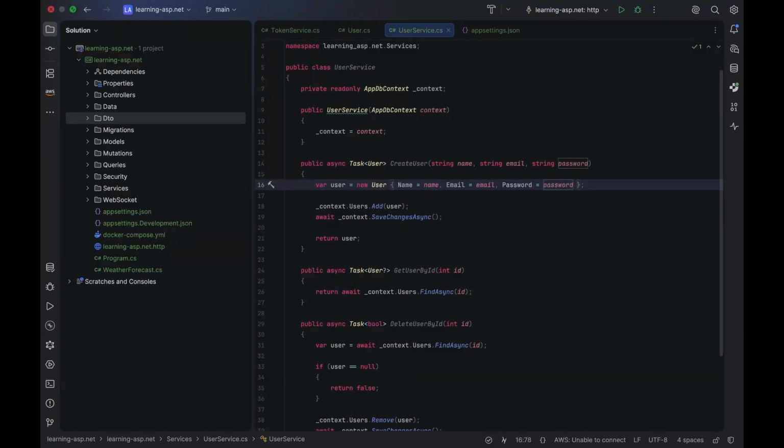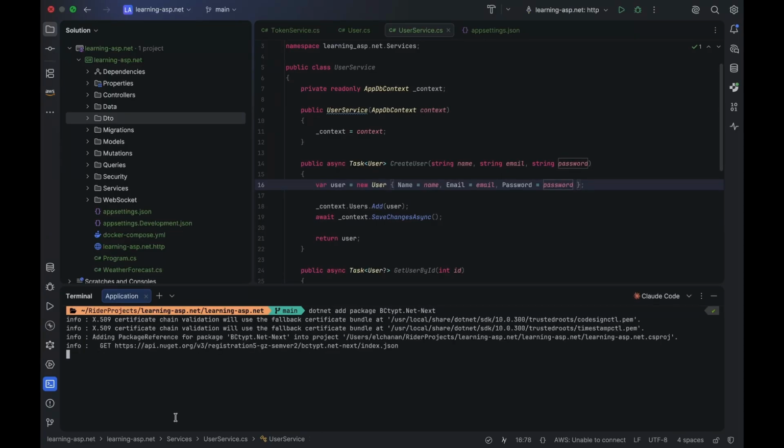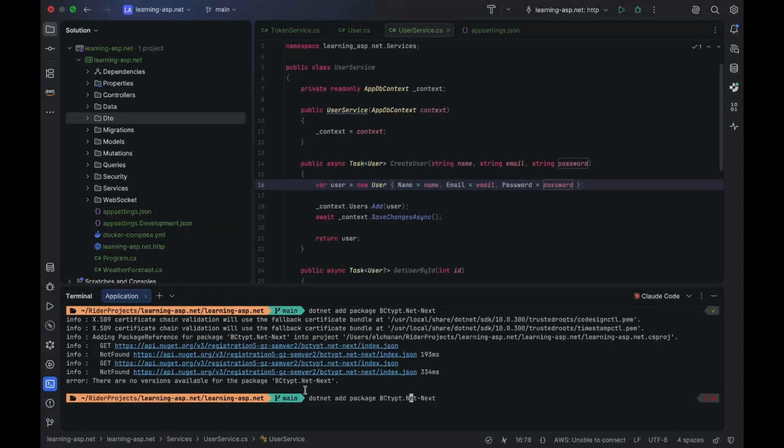So let's hash the password. For hashing the password, we will use bcrypt. So now let's actually hash the password. First of all, we need to add a new dependency. Right here in the terminal, let's use dotnet add package, and it will be